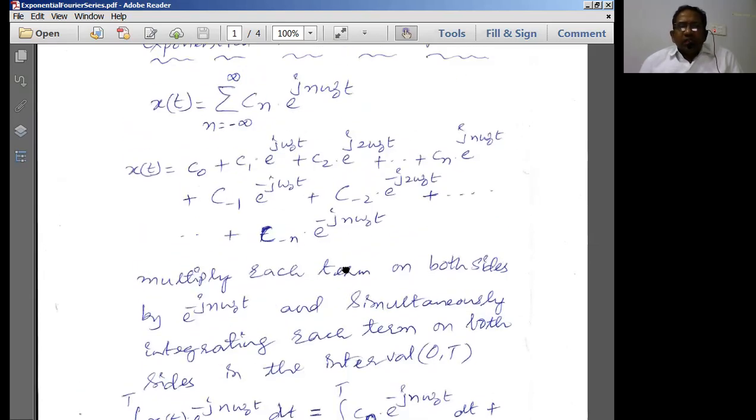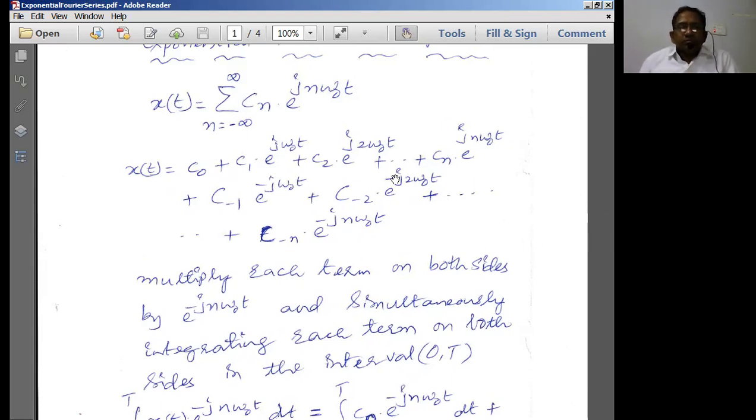Now we are trying to find out the expression for Cn in this particular derivation. This is the general representation of the Fourier series in the exponential form. Directly, this equation we have written by using the concept, so you should remember this particular equation. Later on, the derivation and the other expression for Cn also you have to remember for the exam, to explain the exponential Fourier series or to do problems on the exponential Fourier series.